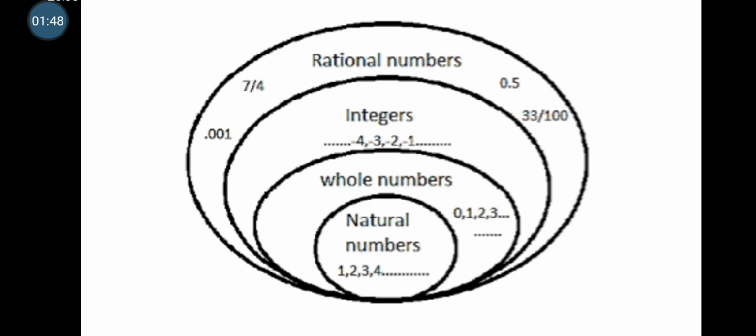If I show you this picture, you can understand better. So first comes the natural numbers, then whole numbers, then integers, then fully it is covered by rational numbers. Okay,